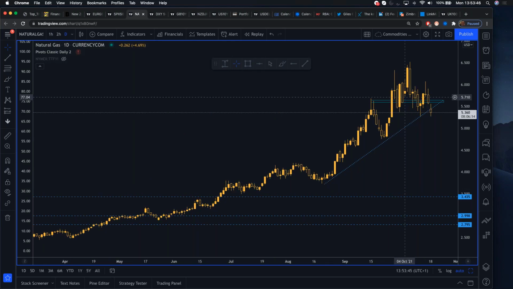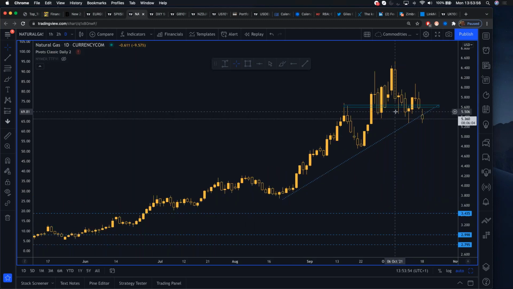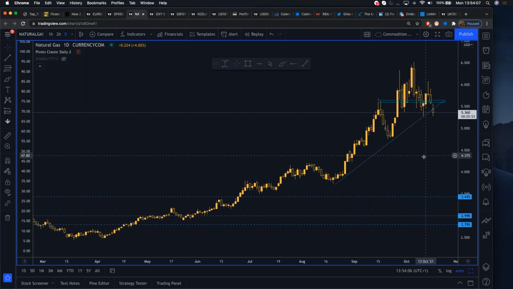If nat gas stays below that trend line, that's positive for risk sentiment, because remember, the natural gas prices soaring higher impacted risk sentiment and concerned investors that rising energy prices were going to create an energy crunch, slowing growth rapidly and fueling uncontrollable inflation. If those nat gas prices can start dipping lower, that will reassure investors, particularly in Europe, that the energy crisis is being controlled and maintained. Obviously, check out for any data from Russia. Anything to do with gas supply will be important for those markets.